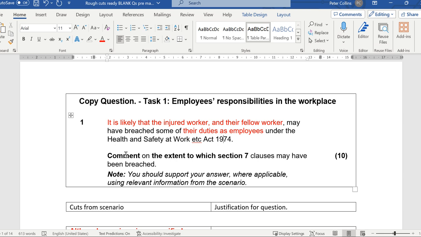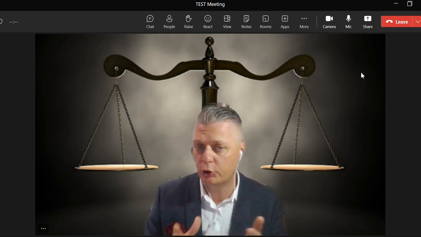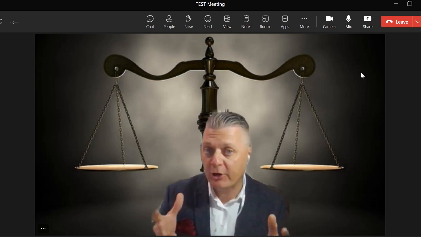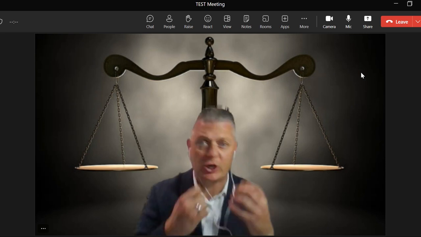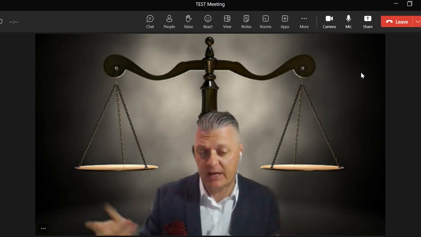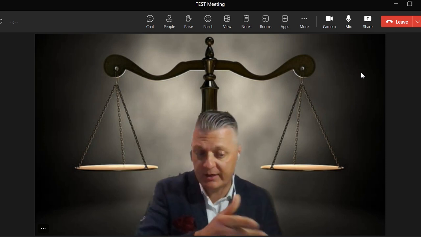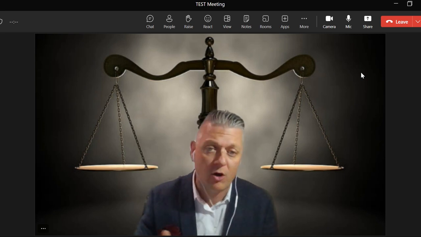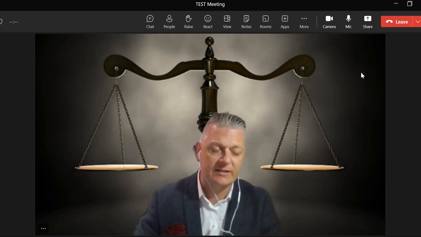Now it gives us a part here where it says Section 7 is what we're dealing with. Section 7 of the Act in general is the duty of care to each other, based on the acts and omissions of what you choose to do or fail to do. So generically, it's about following the rules, looking after each other, and challenging each other. It's about making sure that if you see something dangerous, an unsafe act or an unsafe condition, you observe, interact, agree with that employee that what is being conducted is wrong, and then furthermore, you'd be expected to inform the employer of this.